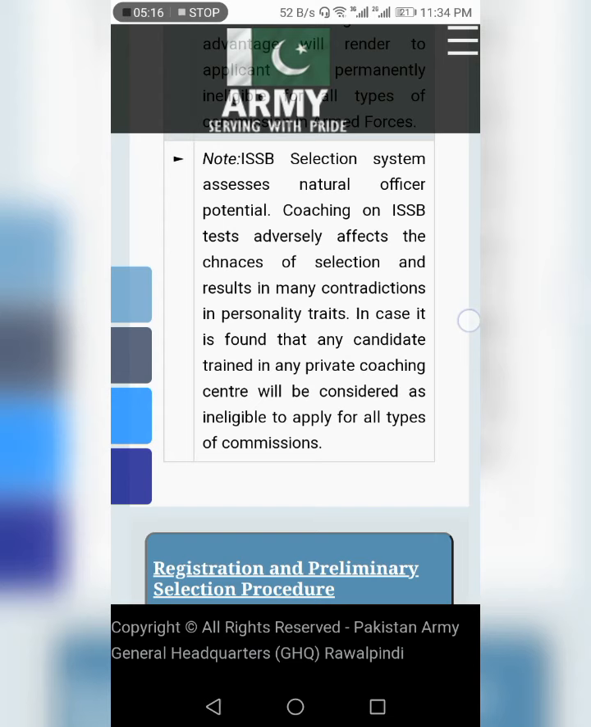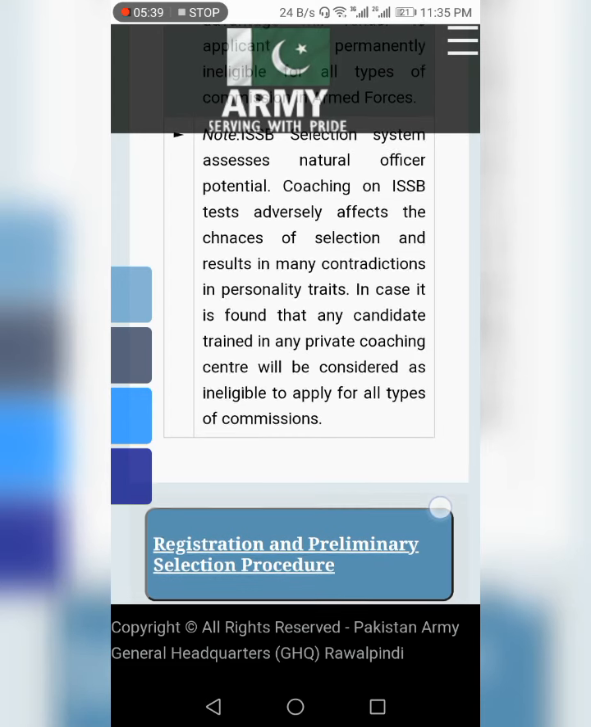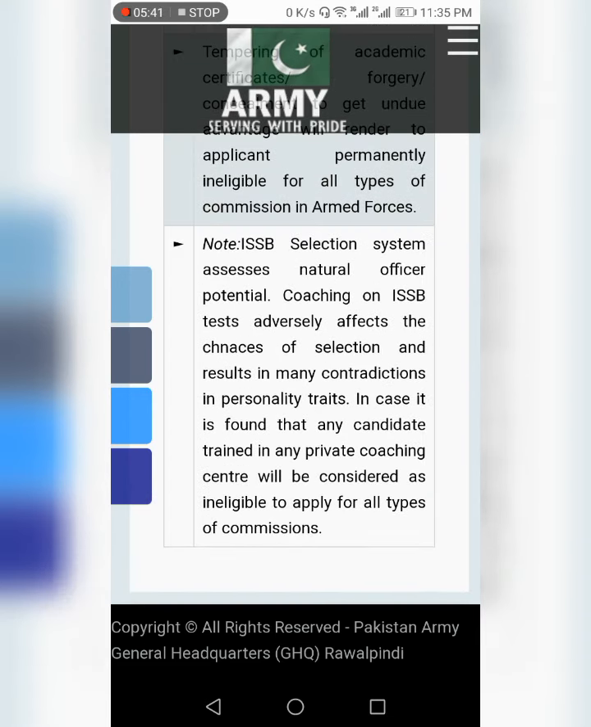ISSB selection system assesses natural officer potential. Coaching on ISSB test adversely affects the chances of selection and results in many contradictions in personality traits. In case it is found that any candidates trained in any private coaching center will be considered as eligible to apply for all types of commission. So here they are saying that